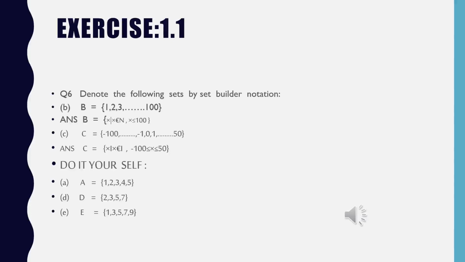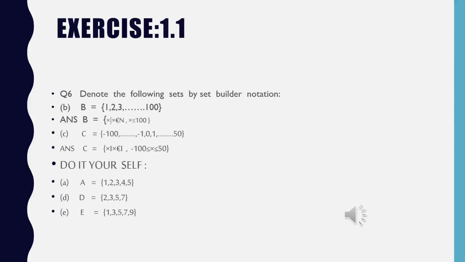What do I mean by homework? Dear students, in homework you have to do it in your fair copy. Only write the small abbreviation before starting this question: simply write H full stop, W full stop. But you have to do it in your fair copy only, so that I can check easily whether you have done it correctly or wrong.